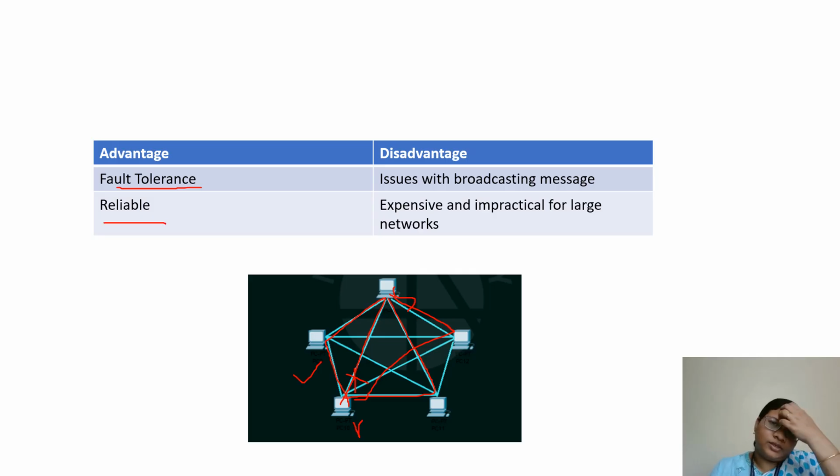So what are the disadvantages? Issues with broadcasting messages, and it is expensive. Broadcasting messages is a little bit tough because it is a mesh, right? When the systems need to be connected, broadcasting is very tough. The next one is that it is expensive and impractical for large networks. When it goes to large networks, it will be impractical. Mesh means it will be full of connections, as the name says. So mesh is full of expense and impractical. When it is used for large network connections, it will be very troublesome for us. So these are the disadvantages here.